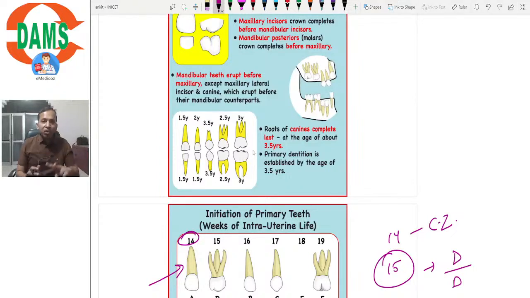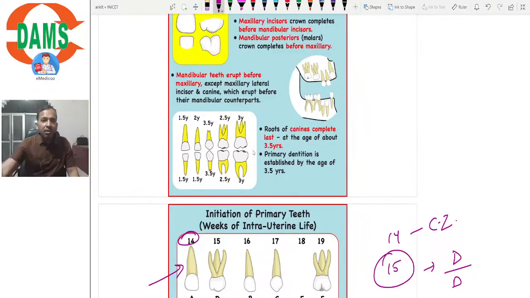सिमिलरली जब हमने इरप्शन की बात की तो हमने परमानेंट के अंदर 2 एक्सेप्शन पढ़े थे। प्रीमोलर्स जो कि मैक्सिला में पहले इरप्ट होते हैं मैंडिबल के कंपैरिजन में, और यहाँ पर वो कौन से दांत हैं? लैटरल इंसाइजर एंड कनाइन, जो कि मैक्सिला में पहले इरप्ट हो रहे हैं मैंडिबल के कंपैरिजन में, राइट। तो 2 दांत परमानेंट में और 2 दांत प्राइमरी में मैंडिबल से पहले मैक्सिला में आते हैं। परमानेंट में प्रीमोलर्स हैं, प्राइमरी में कनाइन और